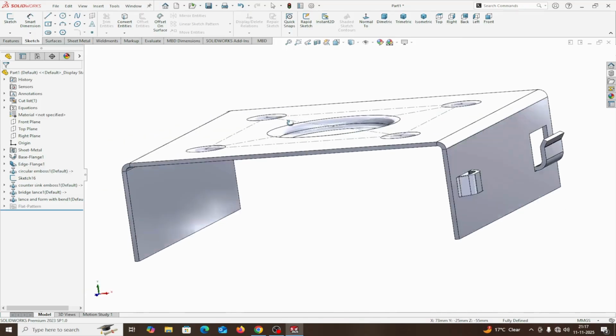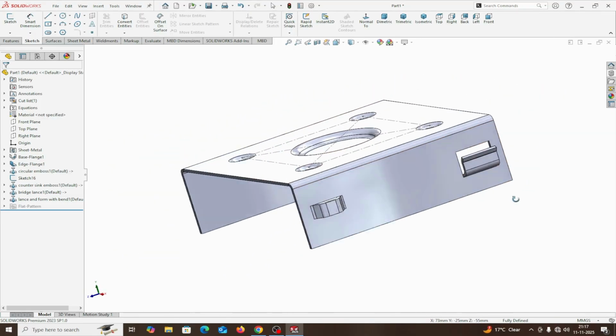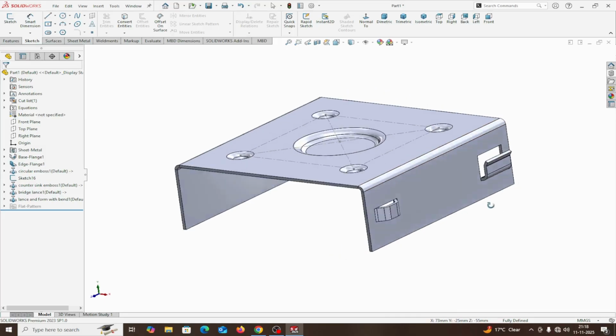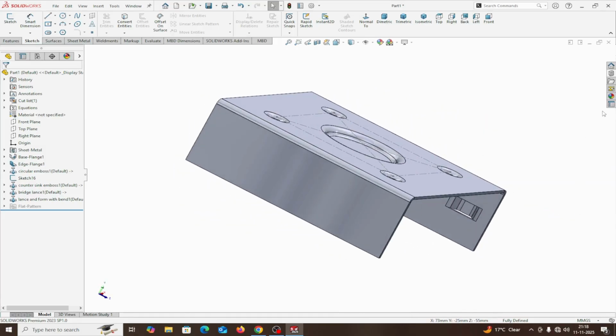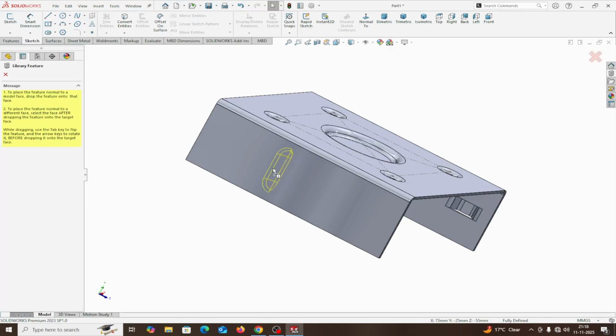You can take whichever direction is proper. You can take from here to here, or from up to down, or down to up, as per your requirement. Now what is left? Louver. You can also take this one, these lenses and louvers. Louver you can take. Just select it, and this one,